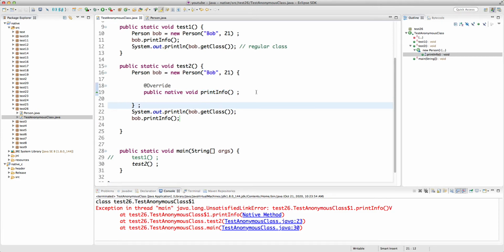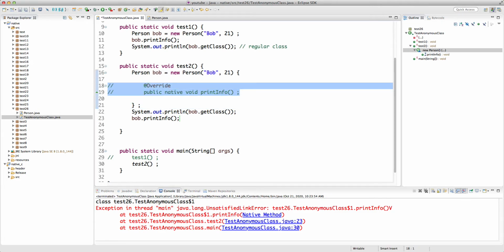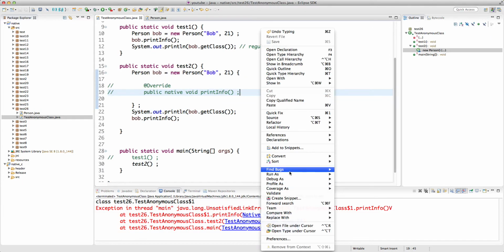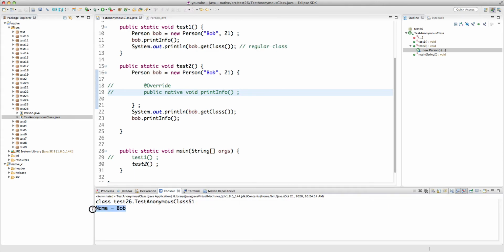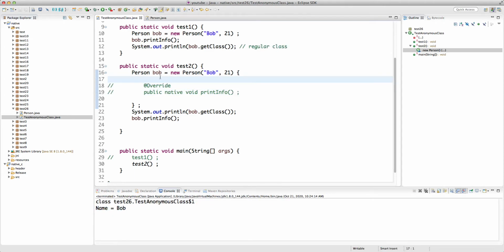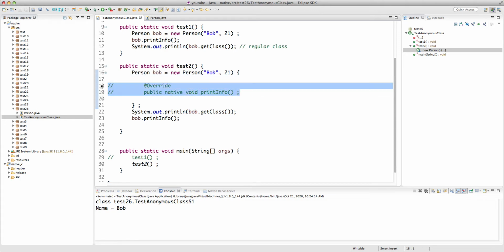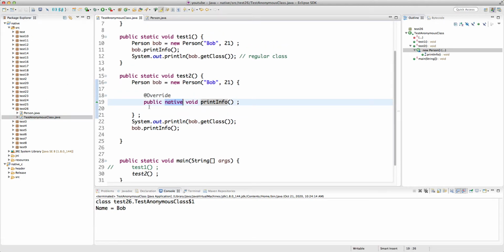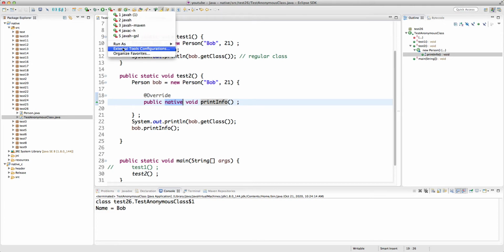So if I comment this out, what happens then? It probably goes to and calls this method in the superclass, right? So let's see. Yes. So this is an interesting way of overriding methods, and now I'm overriding it with a native method. One thing, as I mentioned, is that if I select this class that has a native method and run my javah tool,